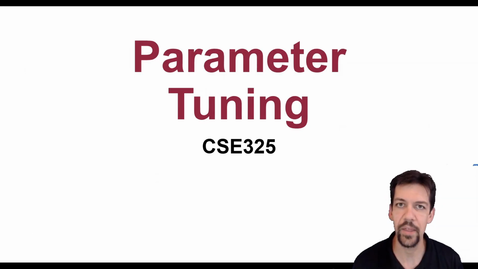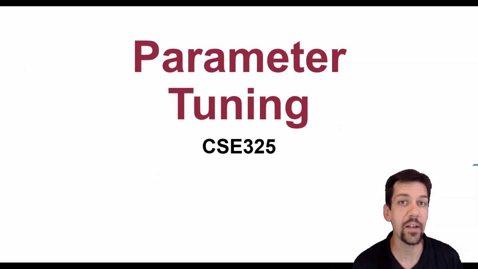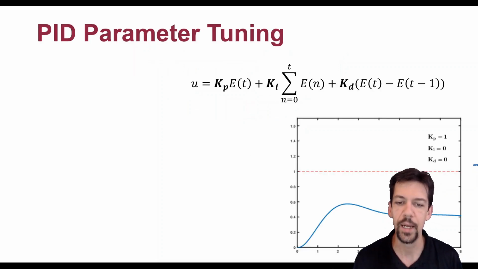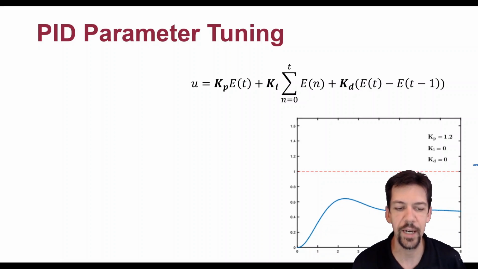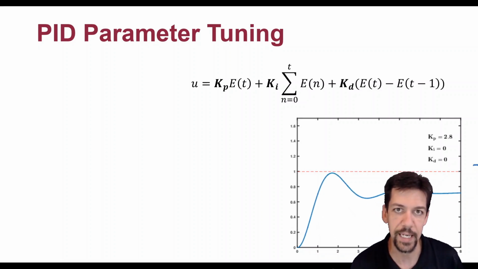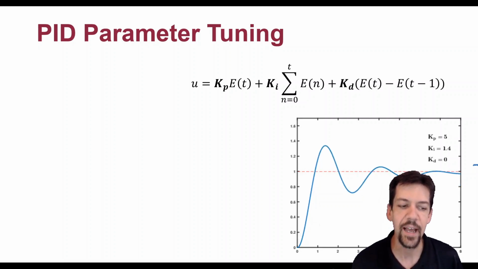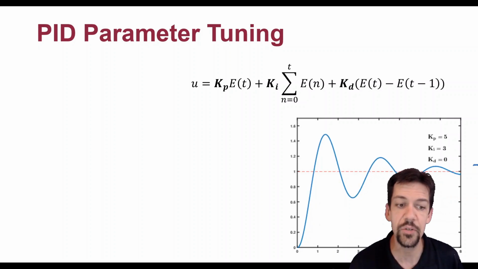Next, let's look at some methods for figuring out the values of those constants in the PID controllers. We call this parameter tuning. PID parameter tuning is fairly complex, right? So basically we have to find values of Kp, Ki, and Kd that lead to a good solution,